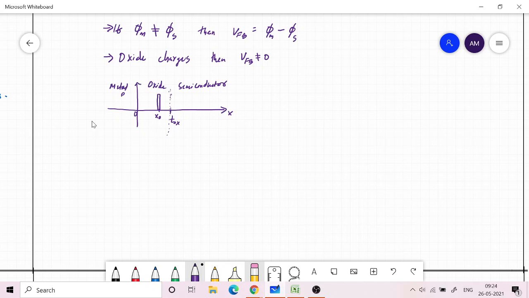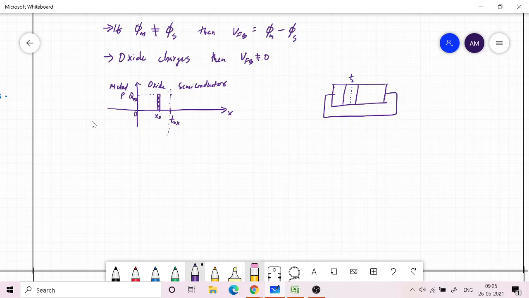So I am drawing rho. If I draw it upward from the horizontal axis, then it means it is positive, and the density of this charge per unit area, for simplicity, I will call Qox. Now I am not applying any voltage. You take a MOS capacitor like this, with metal, oxide, semiconductor, and I don't apply any voltage. I just short circuit both sides, and there is some charge in between.